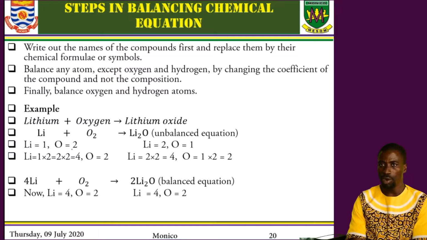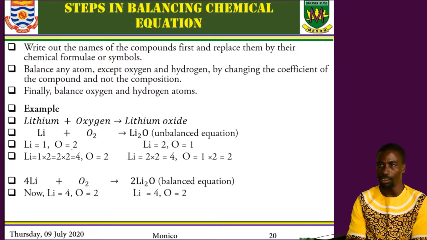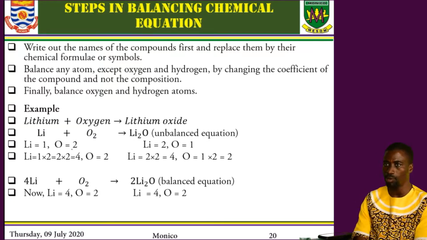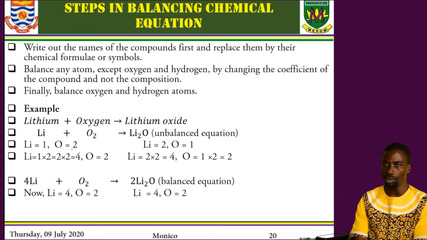Okay. So when you look at the example, we have lithium plus oxygen, giving us lithium oxide. Now I have Li plus O2, giving us Li2O. This is an unbalanced equation because I have lithium 1 on the reactant side but 2 on the product side. Oxygen is now 2 on the reactant but 1 on the product. So what do I do? I balance my lithium